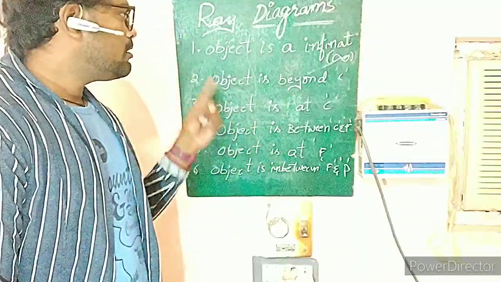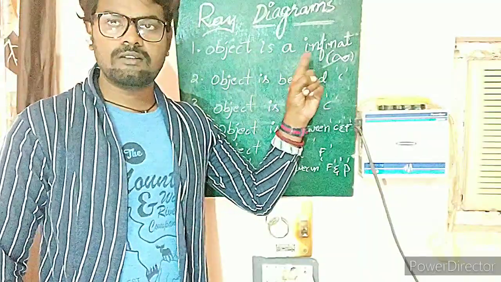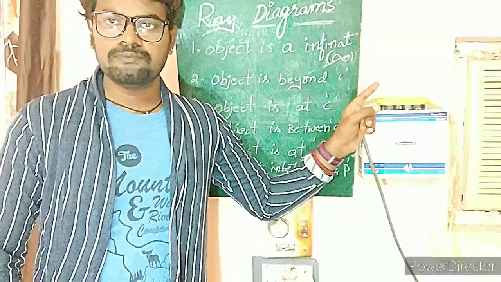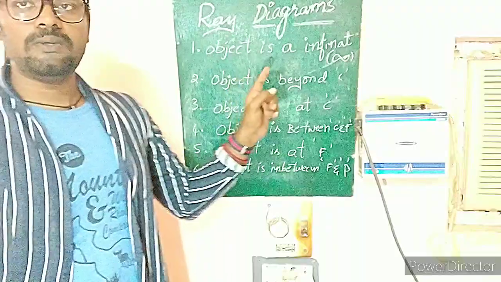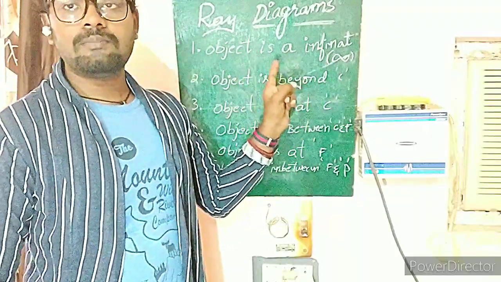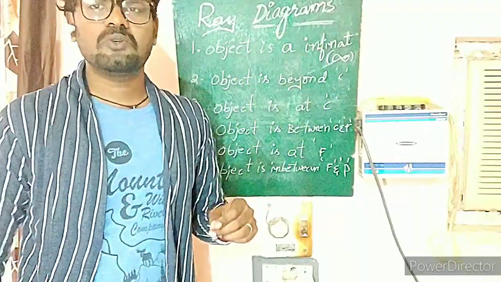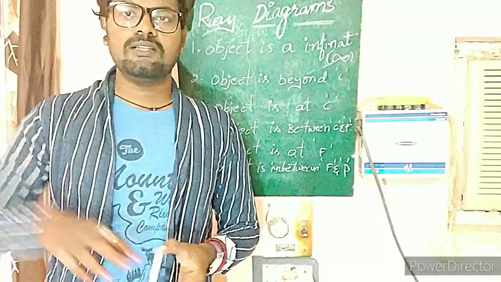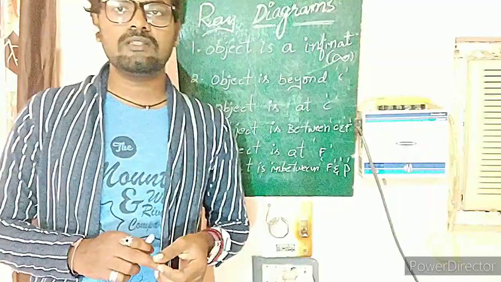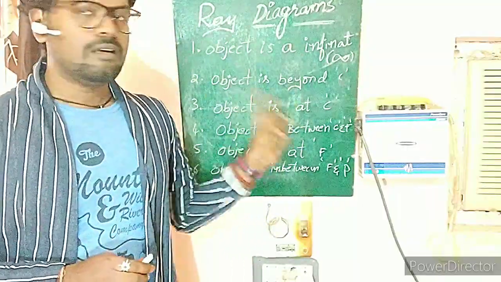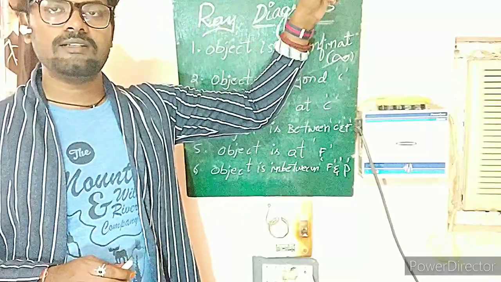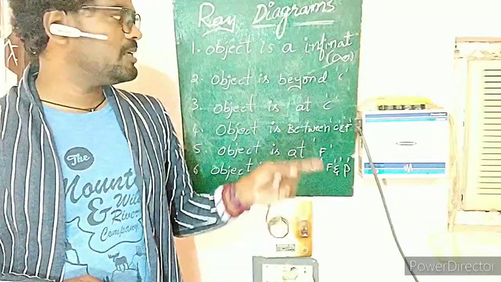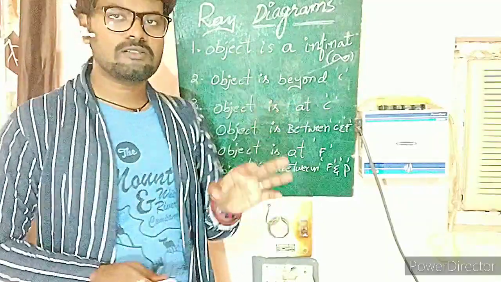Okay. So first, the object is at infinity. Whenever an object is at infinity, the image forms near the focal point. Near the focus only we are going to get the image, and it is a real image. The best example for this is the working of a solar cooker. For example, we assume that the object is at infinity because the sun is 149 million kilometers away, so we can simply call it the infinity condition. The sun is at infinity, that is, the object is at infinity. If you keep a concave mirror just opposite to the sun, it will form an image near its focus. That is the first condition.